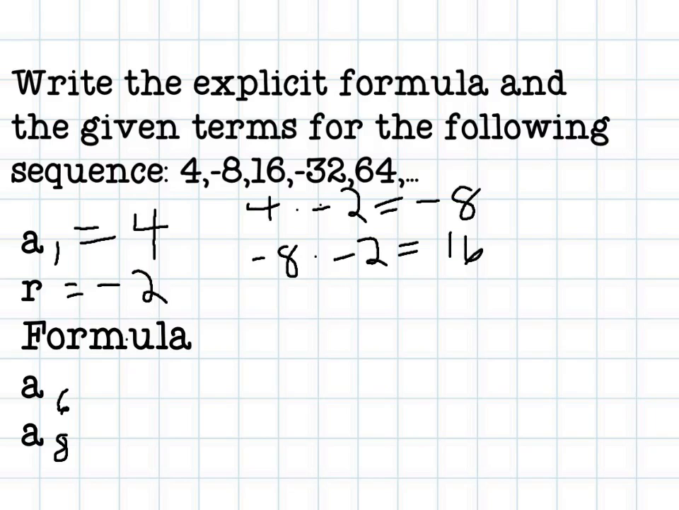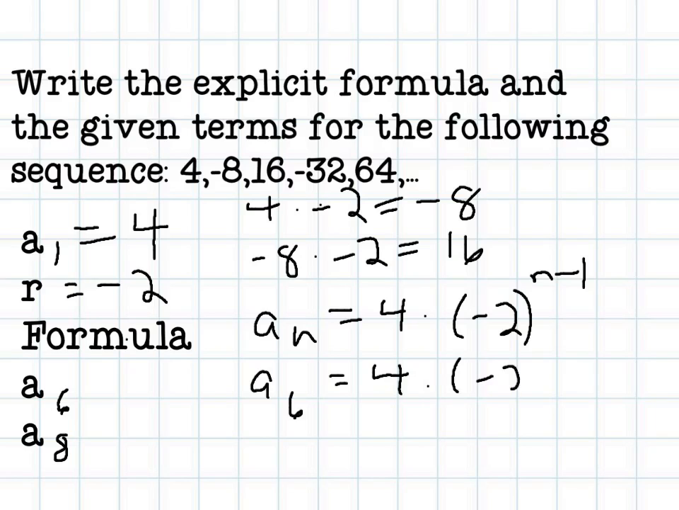So the formula that we're going to use is going to be a sub n is equal to the first term times the common ratio, which is negative 2, to the n minus 1. Remember, when you have a negative number raised to a power, that negative number must be written in parentheses. Okay, now we need to find a sub 6. So a sub 6 would be equal to 4 times negative 2 to the 6 minus 1 power. And now, if we complete this pattern, it would be 4 times negative 2 to the 5th power,